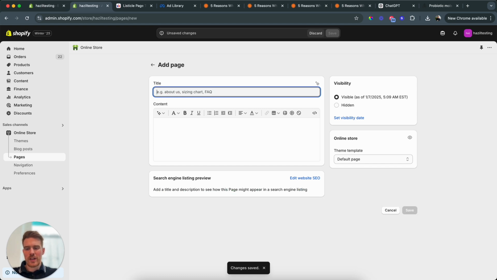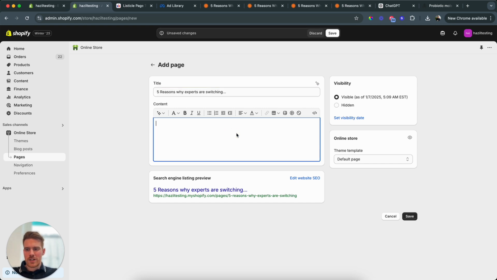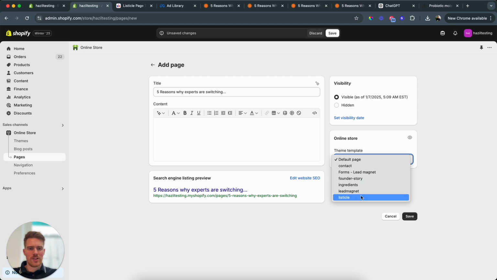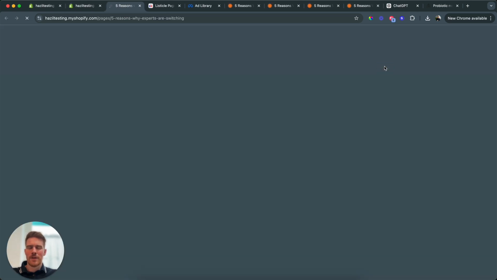You can also give it the actual, if you want this, especially for SEO, being ranked nicely, we can actually give this the name 5 reasons or whatever you came up with. Why experts are switching, you know the drill. Just actually give it the real title. Here in the content, we don't need anything because all we're interested in is in the template selector. I'm going to select the listicle, hit save, and then when I preview it,